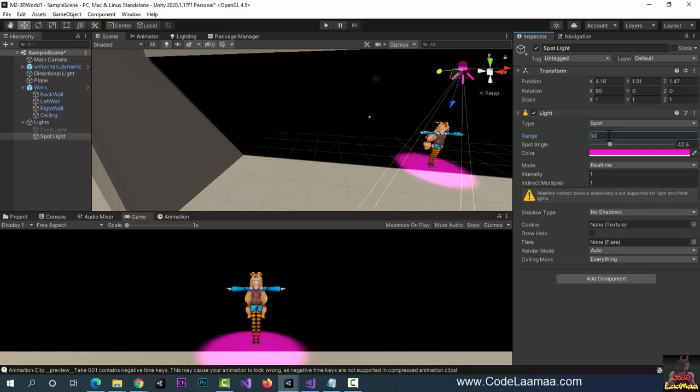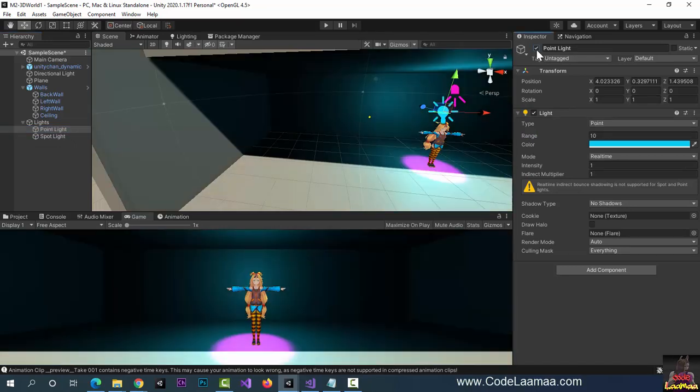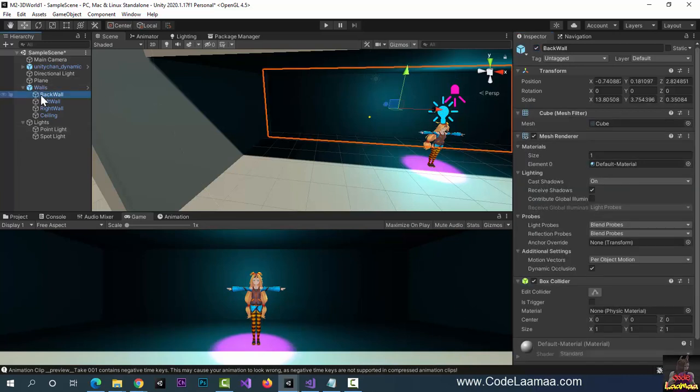So you can see that the light gets stronger and stronger and stronger. If I bring it down a bit more, there you go. You can have a spotlight hovering above Unity Chan. All right, so that's spotlight. Now let's look at area light. In fact, before we add the area light, let's add the point light back in and see how both lights work together. And you can see that even though the entire room is illuminated aqua, the spotlight still prevails underneath Unity Chan. Now, one thing I want to do with these walls